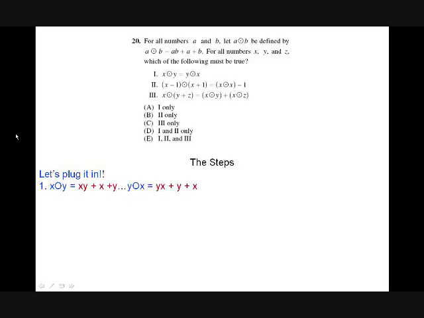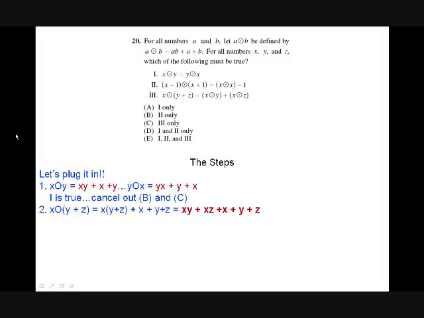So we can take a look at the answer choices, and we know we can cancel a few out. We can cancel out B, we can cancel out C, because we know that option 1 must be in the solution. So I'm going to try out option 3 rather than option 2, just at random. So if I did x function y plus z is equal to,